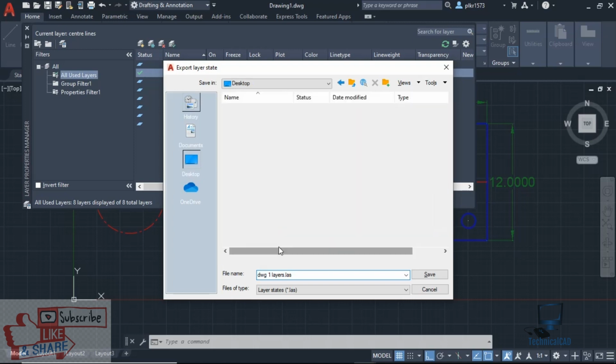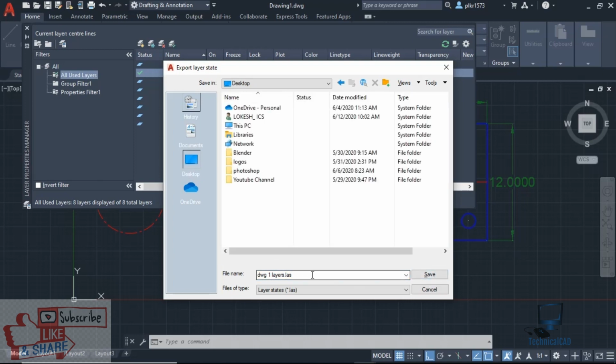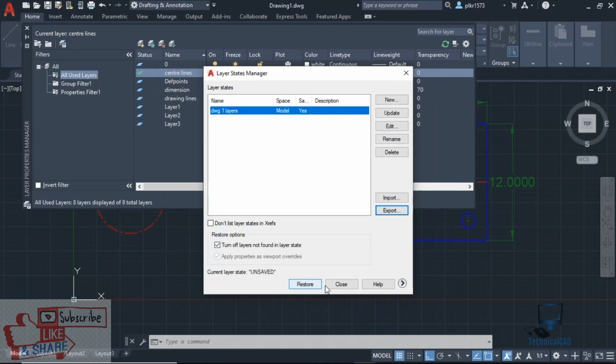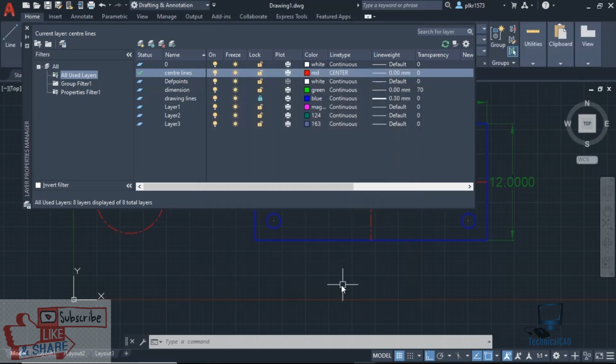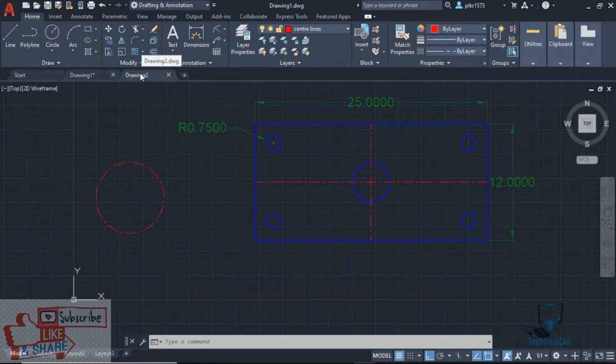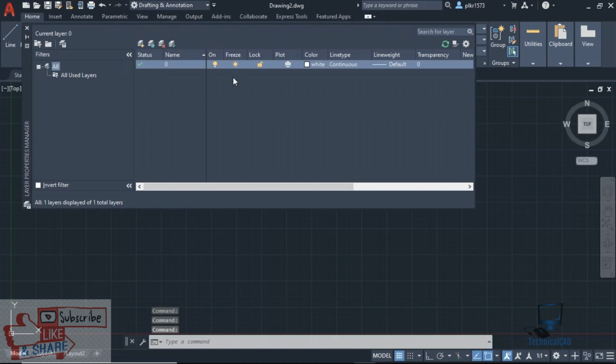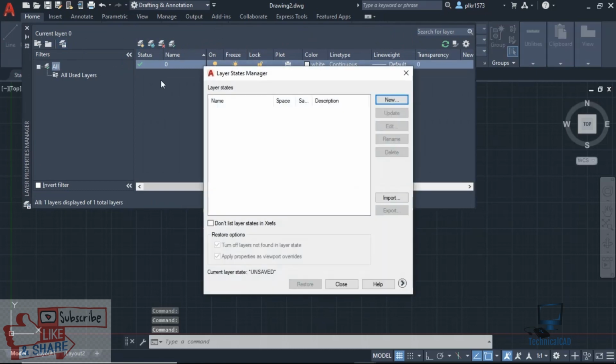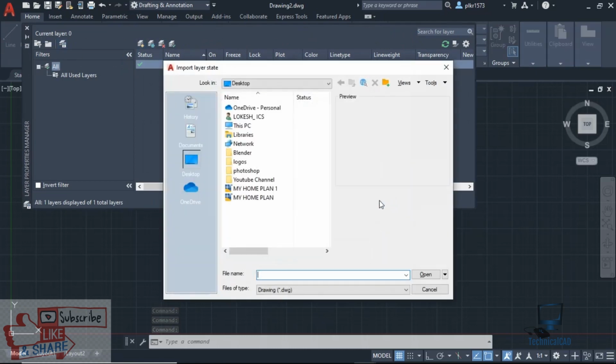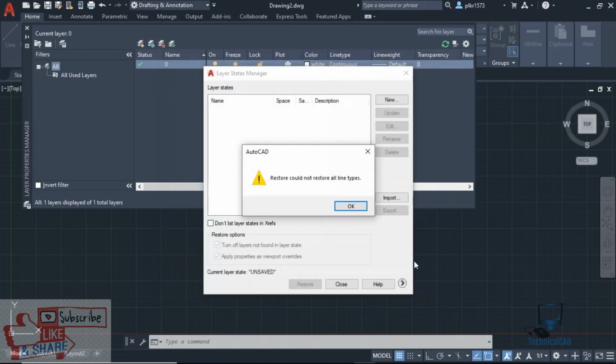and I will export that to my desktop, and the file type will be LAS layer states, and give OK, and close. Now go for drawing 2 and go for the same layer states manager. Now go for import. Here change the file type to .las. You can get the drawing layer names and give open.